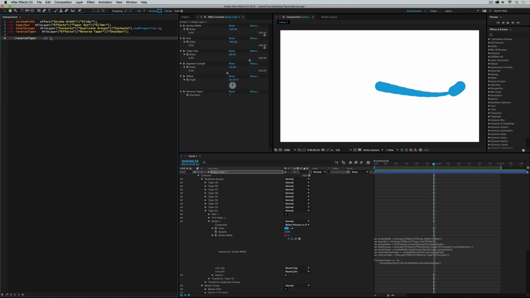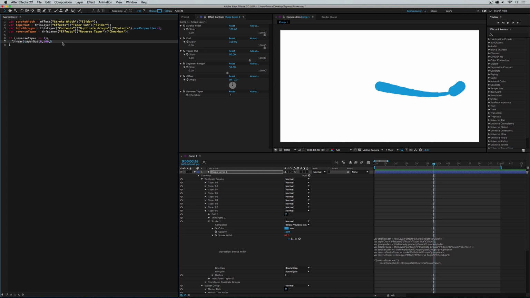Then I'll go outside the parentheses and type my open curly brackets, enter down and indent. So if reverse taper is checked, then this happens. So what happens? Well, we need to use linear interpolation. So linear, parentheses, and we need to look at the taper out slider, comma, with a range of 0 to 100,